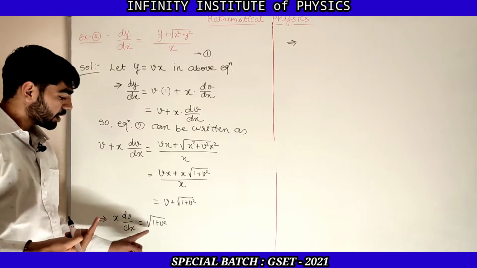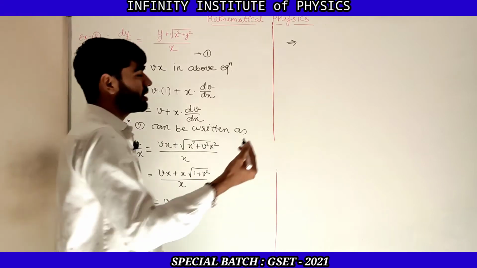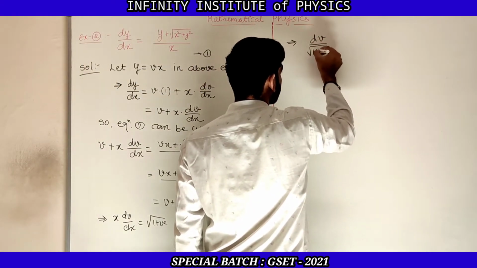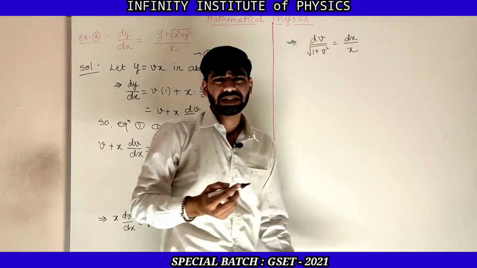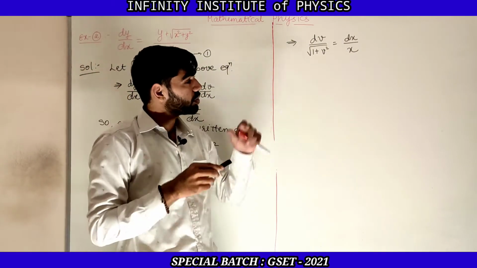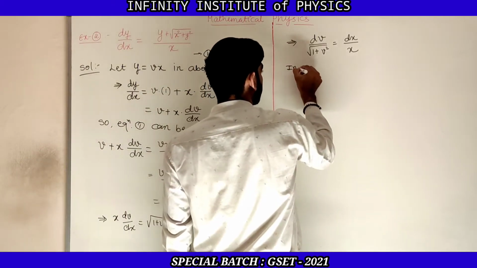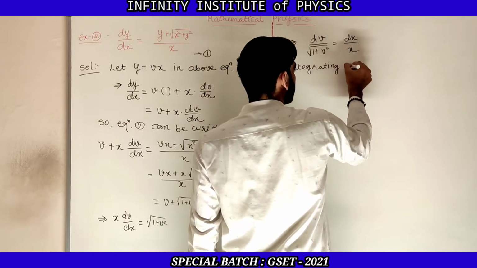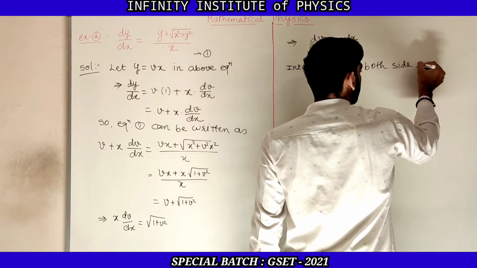And now let us take 1 upon square root of 1 plus v square on the left hand side. So it will be dv upon square root of 1 plus v square, which is equal to dx upon x. And now we need to take integration on both the sides. So integrating on both sides, we get,